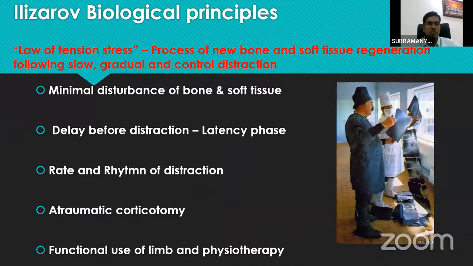So the biological principles will be the loss of tension stress, which is the process of new bone formation and soft tissue regeneration following a slow, gradual and controlled distraction. So what are the features to achieve a minimal disturbance of the bone and soft tissue at the osteotomy site: a delay before distraction, that is during the latency phase, the neovascularization takes place, a controlled rate and rhythm